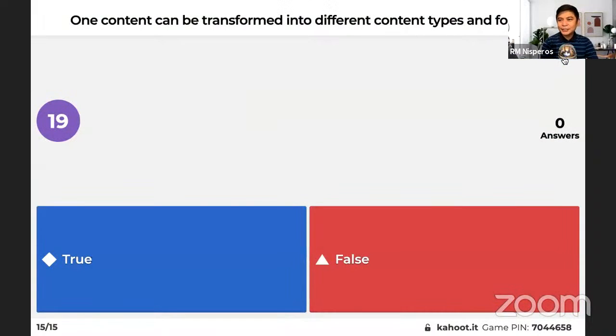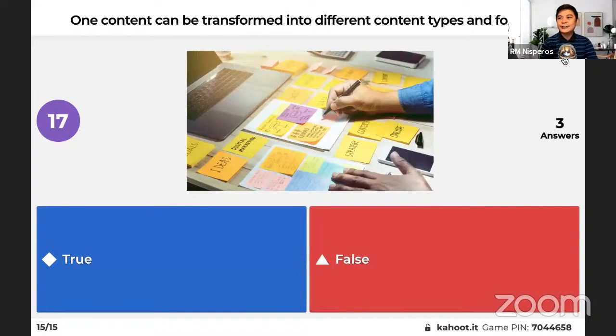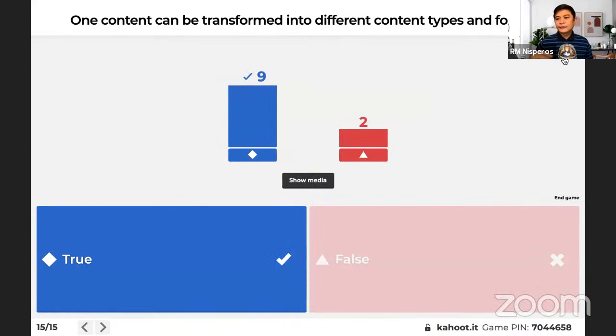One content can be transformed into different content types and formats. So it's true.